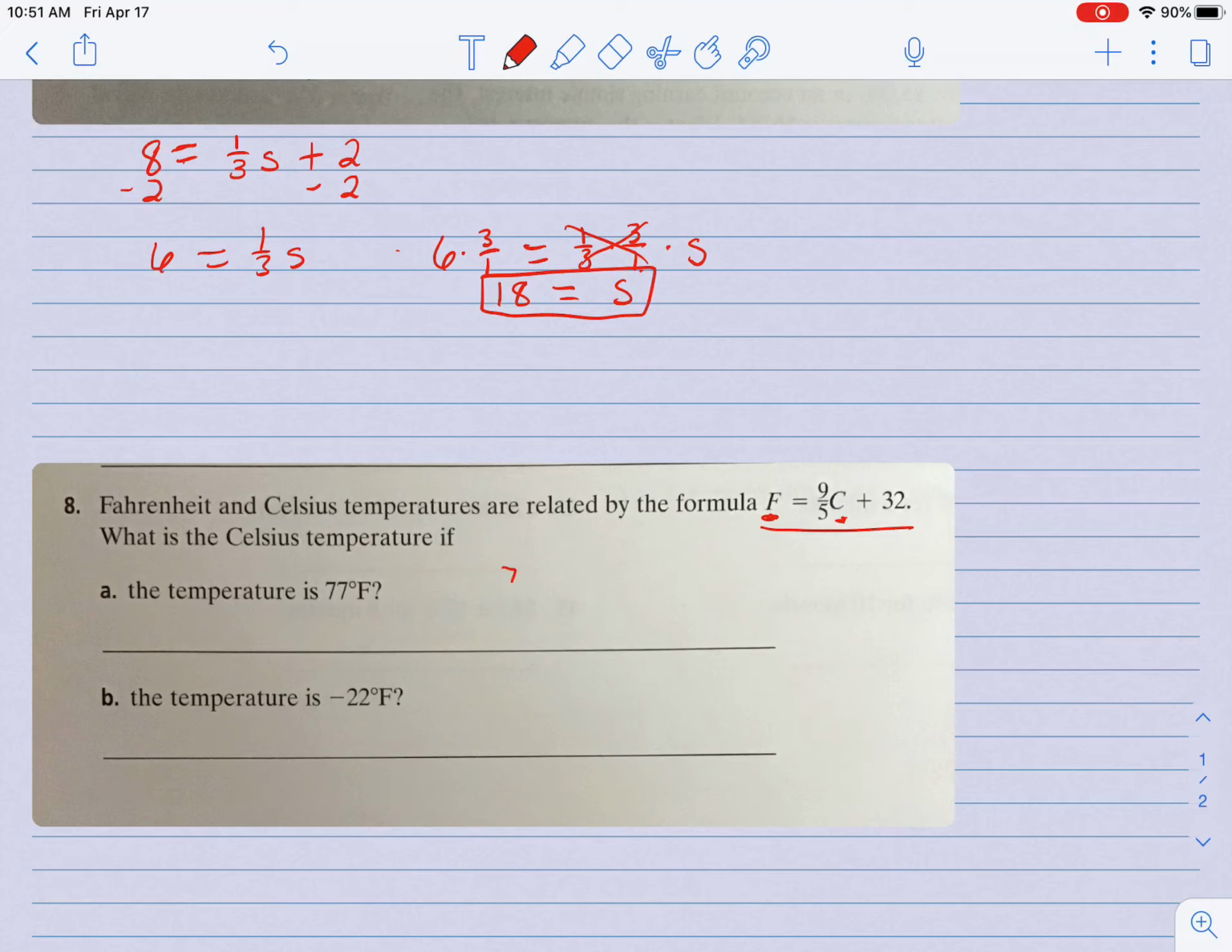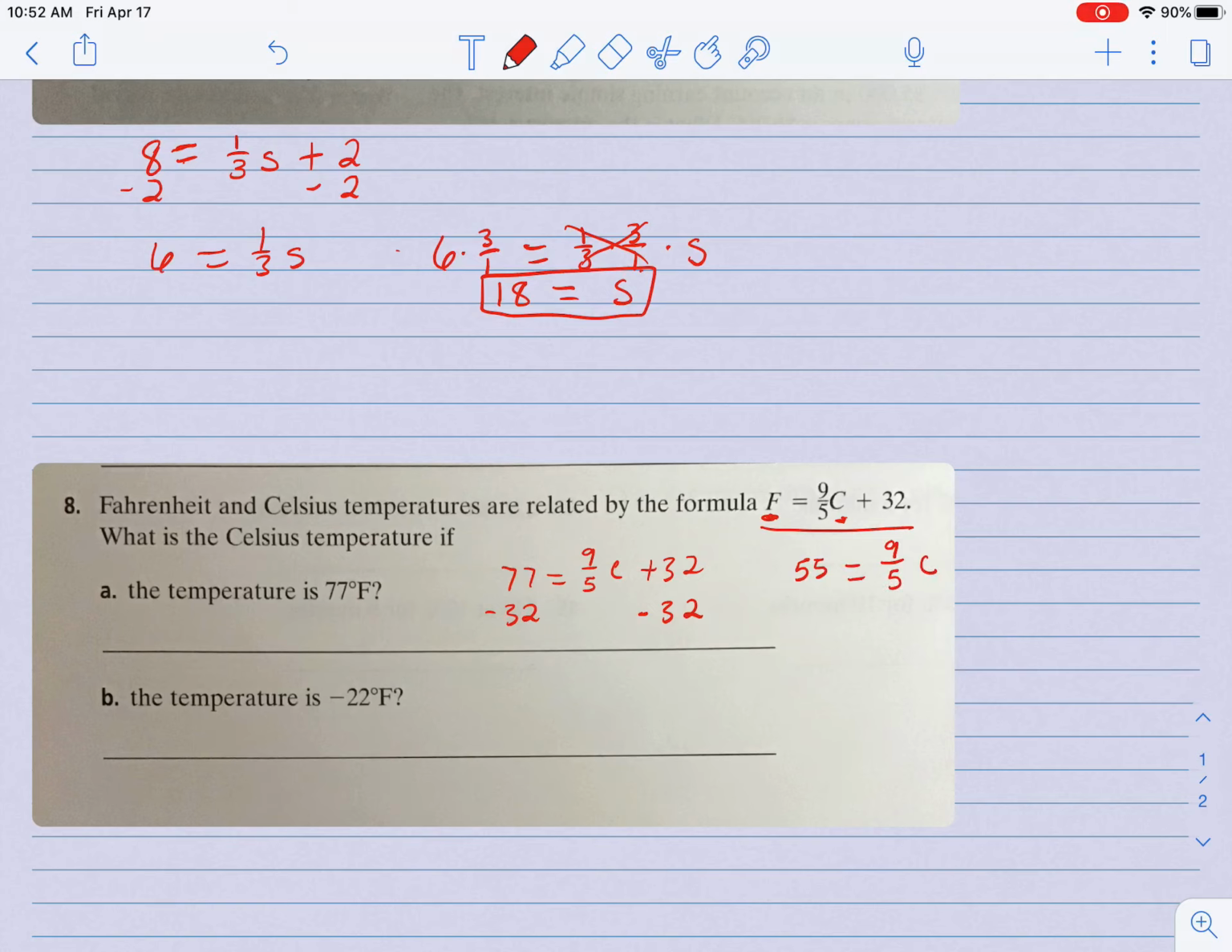So we know that 77 degrees Fahrenheit is equal to 9/5 C plus 32. So, two-step equation once again. Our first step is to get rid of the constant. We minus 32 to both sides. What you do to one side, you have to do to the other. So then that's going to give us 55 is equal to